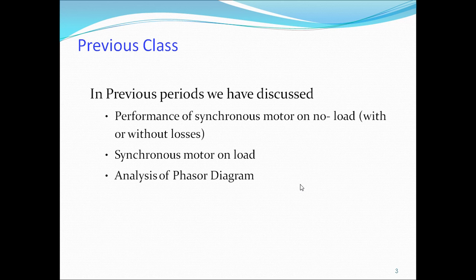As we already covered in DC motor, it produces a back EMF EB, and its value depends on the speed of the motor, and it opposes the supply voltage V. So the voltage across the armature is V minus EB, and this armature current produces a torque, which supplies the load.